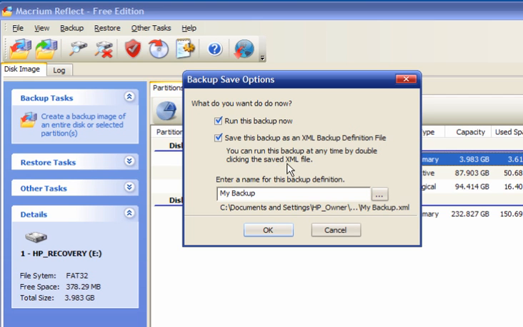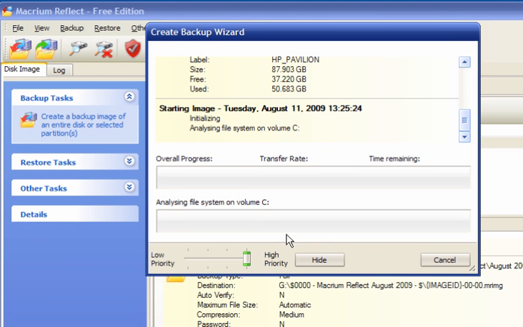Now you can run the backup definition file at any time just by double clicking it. Give it a name, and I will call this August 2009, and this will go into my documents in a Reflect folder which it creates. Now when you click finish, it analyzes the file system on the drive or partition that you're going to create